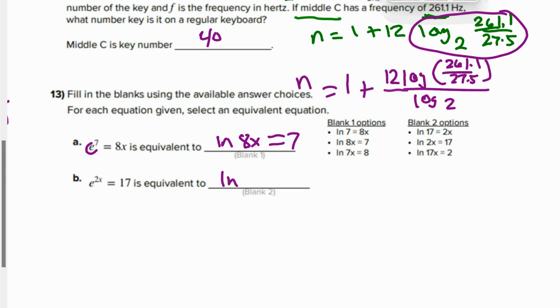That'd be ln of 17 equals, come on. My pen's not going to work anymore. Great. There we go. Maybe now. Equals to, nope,